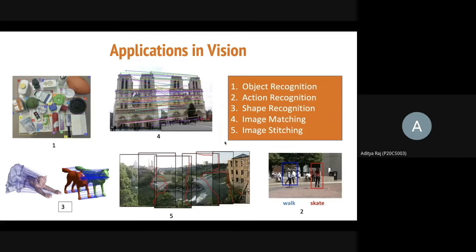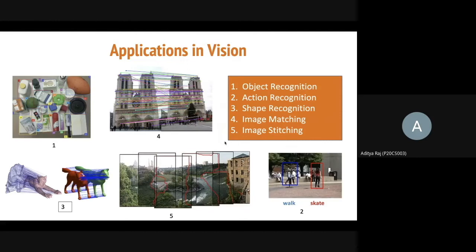Similarly, if you move on to the second image on the right corner, between walk and stand, we're trying to recognize or classify actions over here. A similar protocol can be used. There are different applications altogether; the third image would be shape recognition. The fourth one is image matching, which we discussed earlier as an example. This would be an example of exact matching, where you want to completely track all of the points in one object with the other object and completely match them.